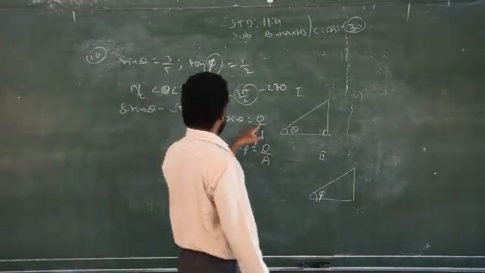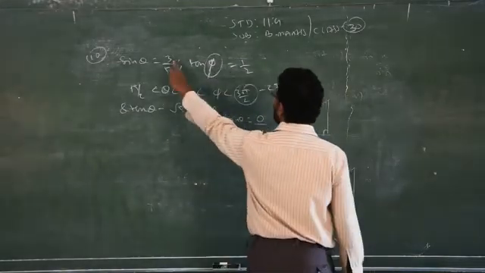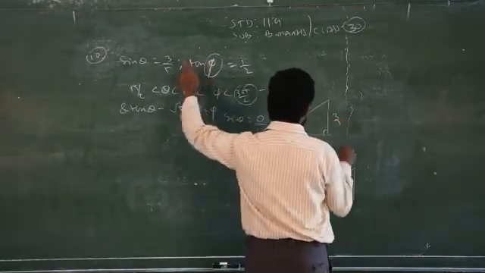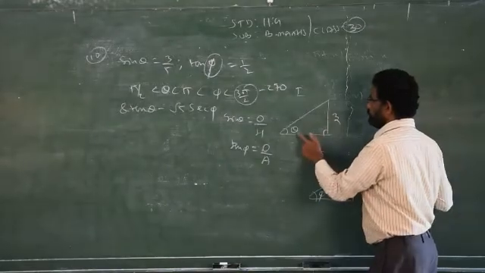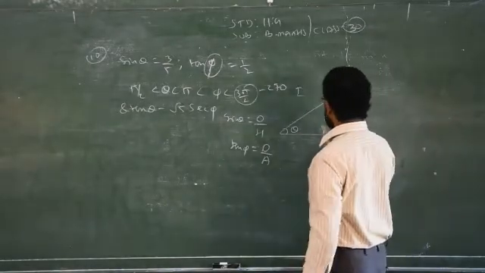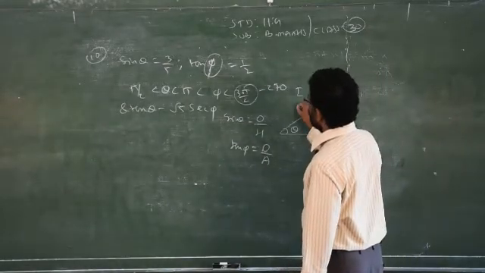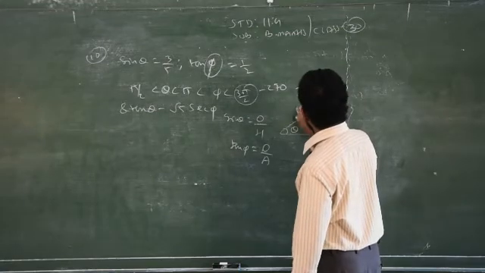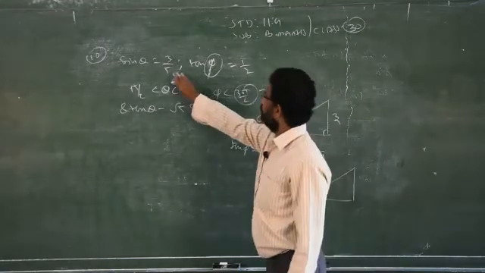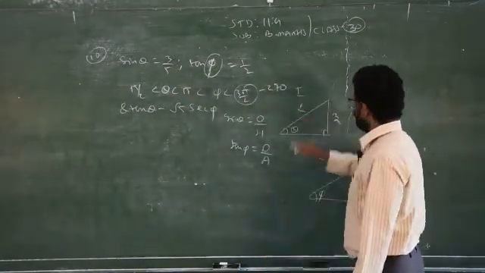So sin theta is opposite by hypotenuse. Opposite side is how much? 3. A side which is opposite theta is called the opposite side. A side which is opposite the 90 degree angle is called what? Hypotenuse, that is 5. So from the given information I fill the diagram with 3 and 5.